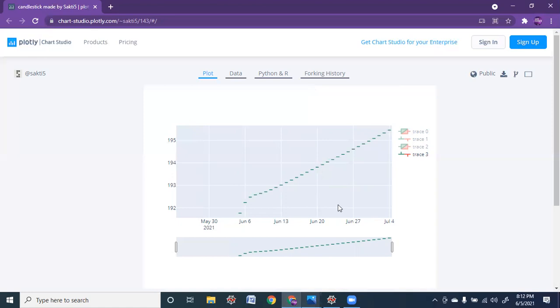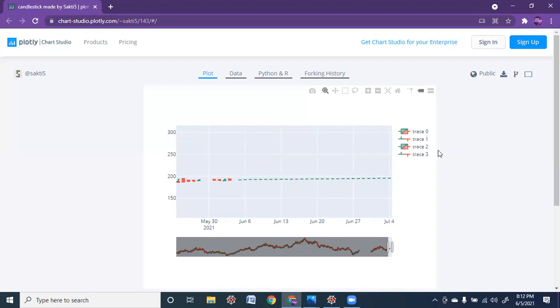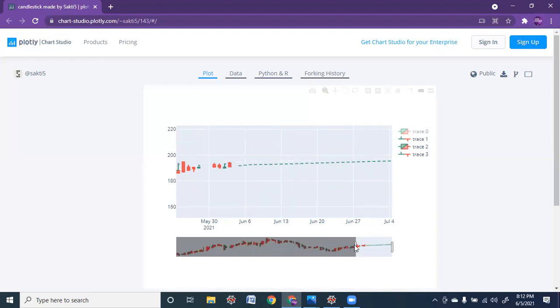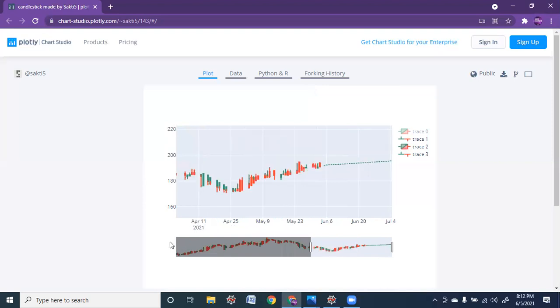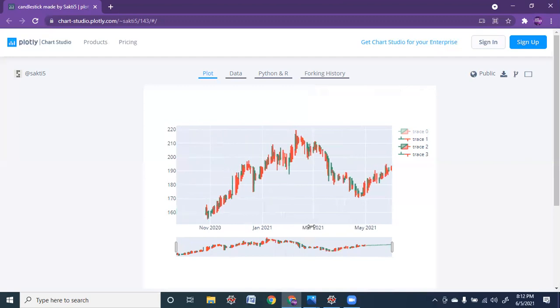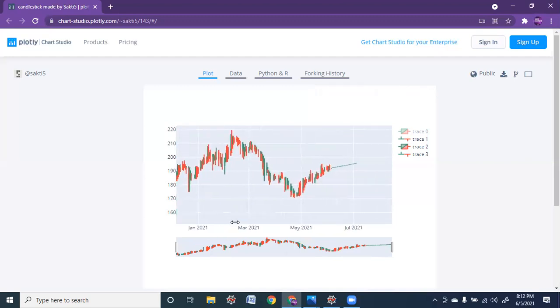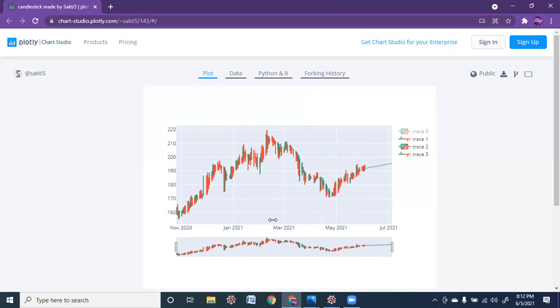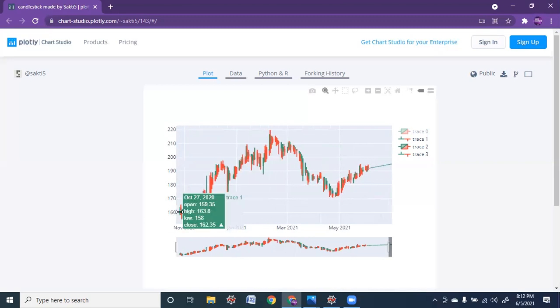Now let me tell you how to combine the different plots by overlapping one with the other. Let me highlight trace 0, the historical data. So it is loading now. You can adjust based on the month or the date that you want, even the year, and check. The starting date is 14 for the historical data.